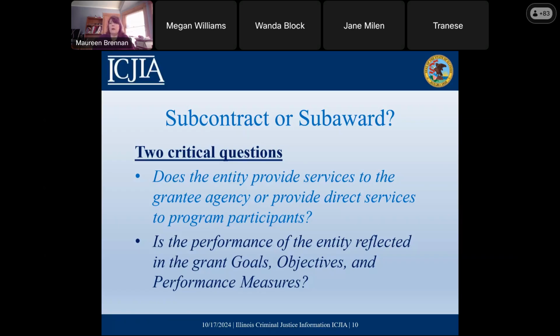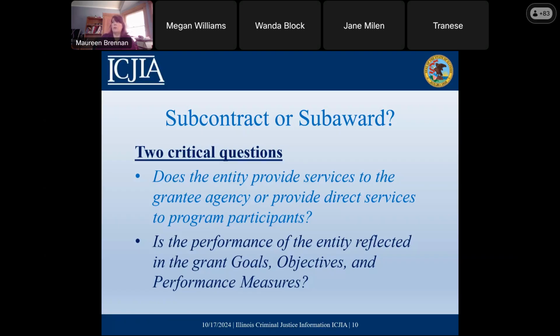So let's think about a trainer. If you have a contract with a trainer to come in and do the sexual harassment training for your staff, that's a subcontract because they're providing a service to you. But if you have a contract for a subaward, for an agency to come in and do training for your program participants,